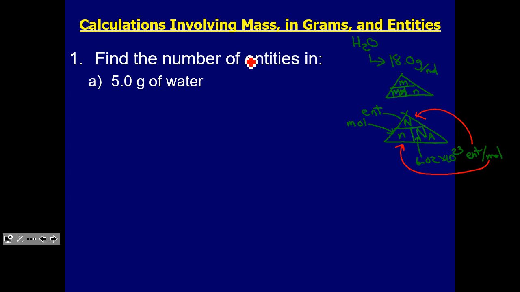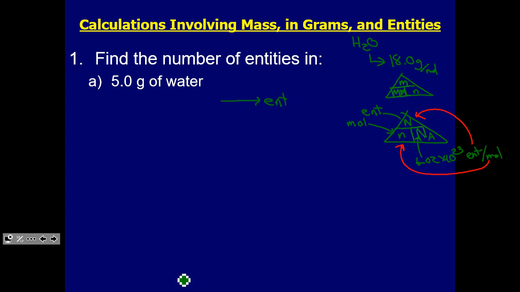Even though I want to find entities and I'm starting with grams, you might think there's no way for me to directly get entities from grams, and that's true. So we need to have 2 steps. One step involving molar mass, and the other step involving Avogadro's number. In the last lesson, I suggested that you start making a map. I didn't have you make a map when we used entities, but we can. If I'm looking for entities,